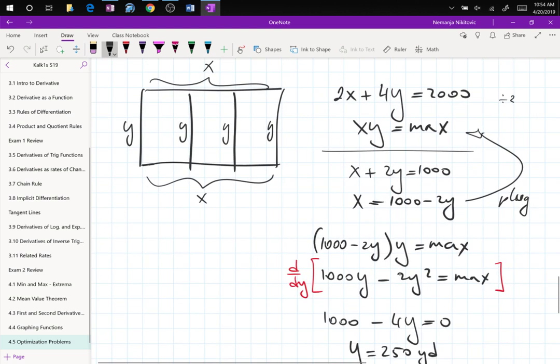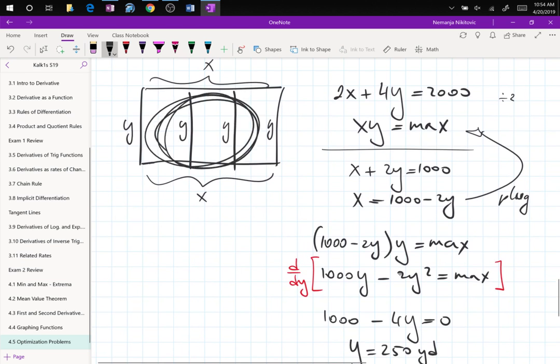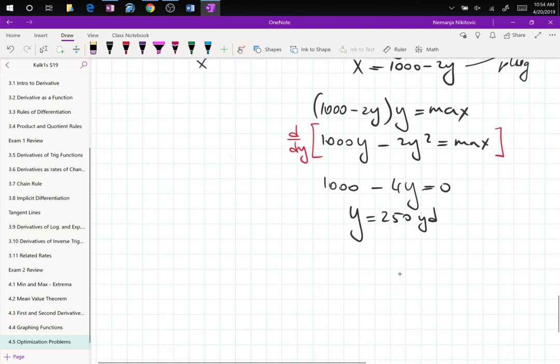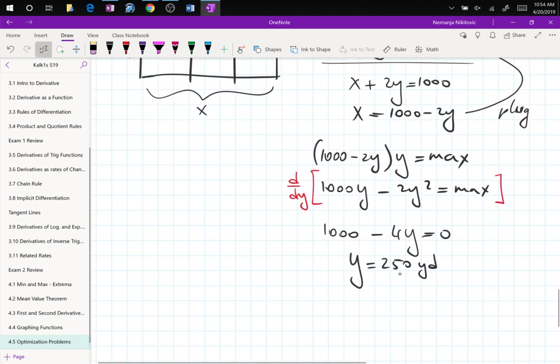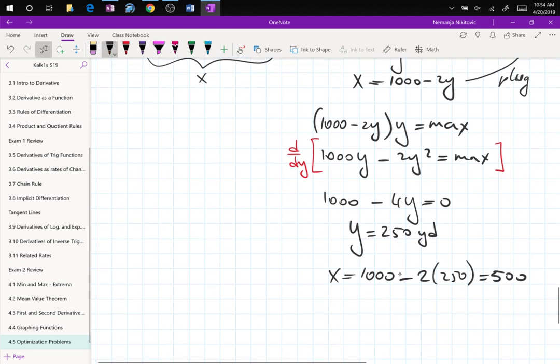For these two over here, we are using fence to put that up, so that impacts the amount of fence I have left to go around. Since I have less fence to go around, the overall area must be smaller than in previous cases. So now x is equal to 1,000 minus 2 times 250, which is 500. So this one would be 500 by 250 yards